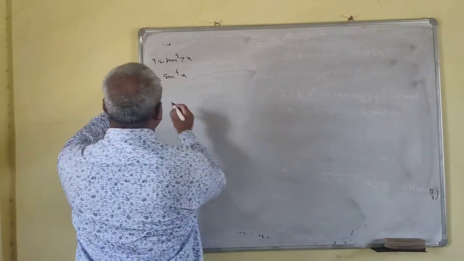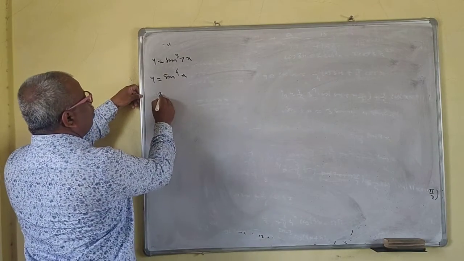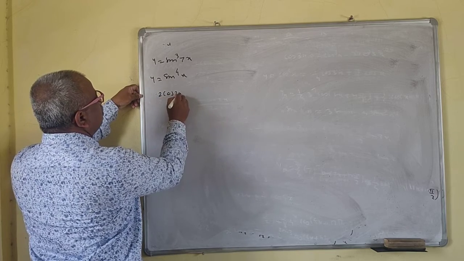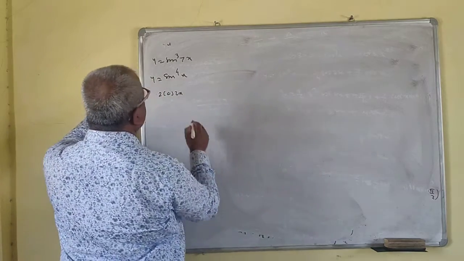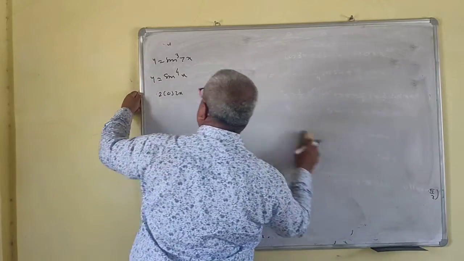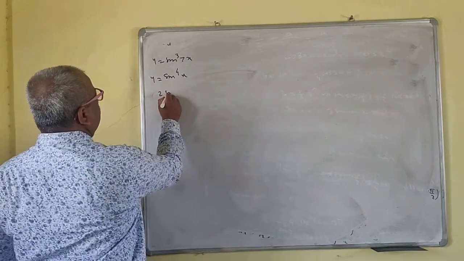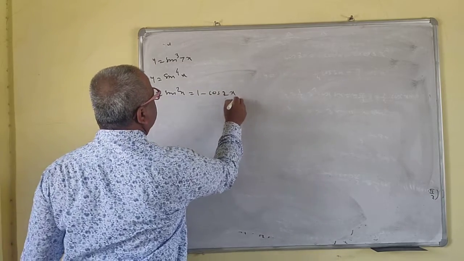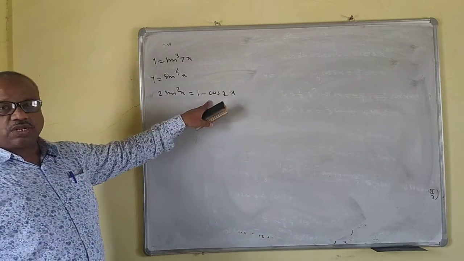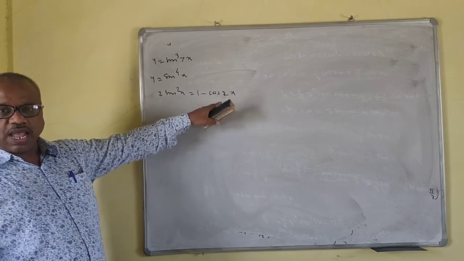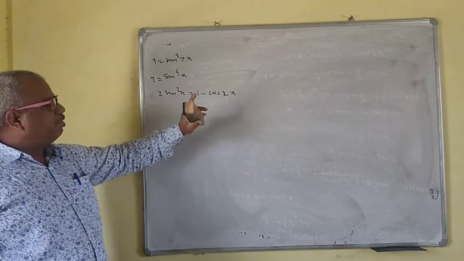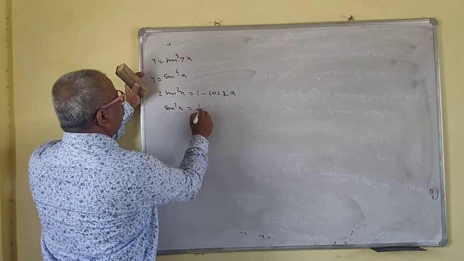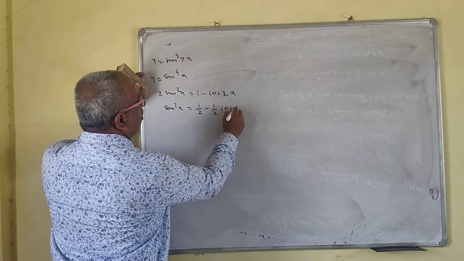So we know that sin to the power 4. We know that 2 sin square x is equal to 1 minus cos twice x. We know that 1 minus cos is 2 sin square, and the angle is half of the angle you have to take. This formula is known to you. So sin square x is equal to 1 half minus 1 half cos twice x.